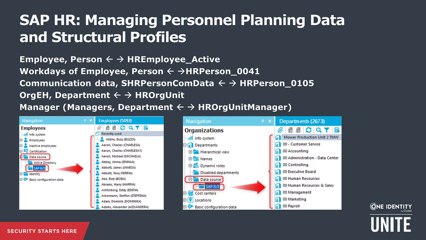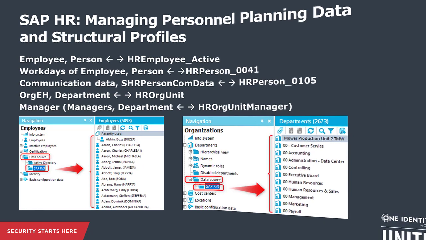The HR org unit schema object is mapped to the department in OneIdentity Manager schema. Some attributes here are object ID and department name. And the HR org unit manager schema object is mapped to the department in OneIdentity Manager schema as well. It will set the department manager information. This mapping is set up out of the box and does not require any configuration.